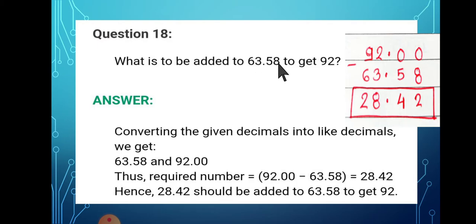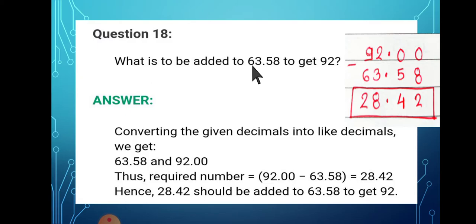It means how much we will add to 63.58 to get 92. You can see in the question, in the whole number part there is 63 and we will get 92. We will add more, but how much will we add? How much is the difference between 92 and 63,